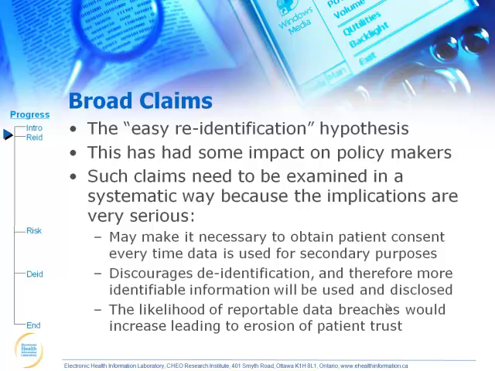There are really three implications of that statement, this easy re-identification hypothesis. Three alarming and very important implications that one needs to understand. If de-identification does not work, then you have to start obtaining consent from all the patients to use their data for secondary purposes. And there are a number of problems with that. One, of course, are the practical problems. For large databases, obtaining consent from a large number of people may not be practical. Finding them and communicating with them may not be advisable if their interaction with the health system was traumatic.